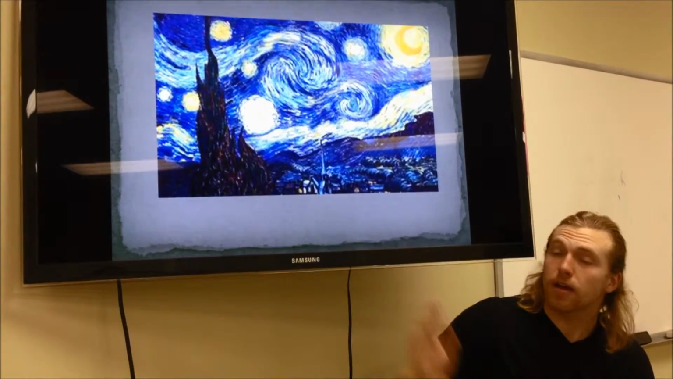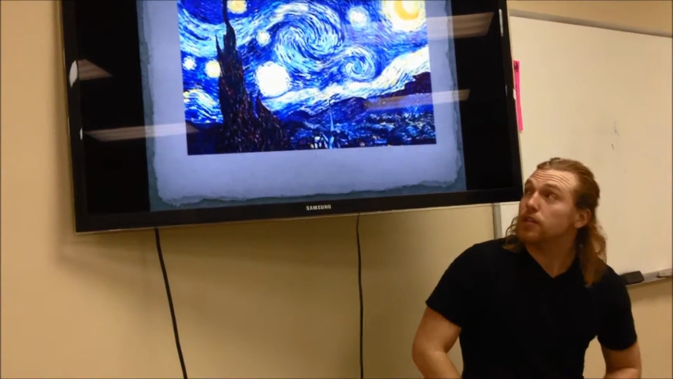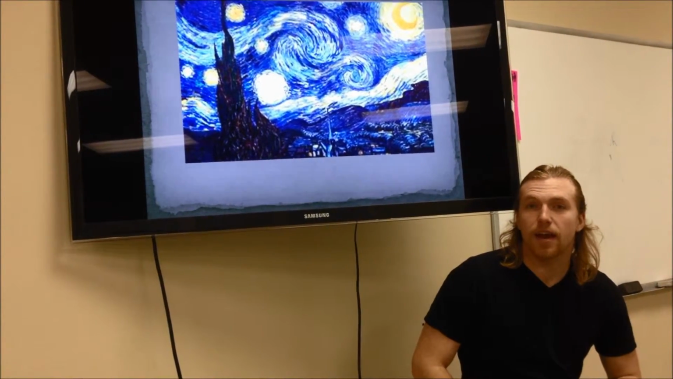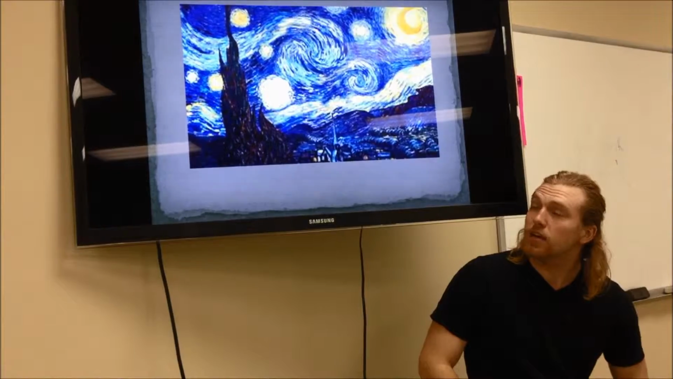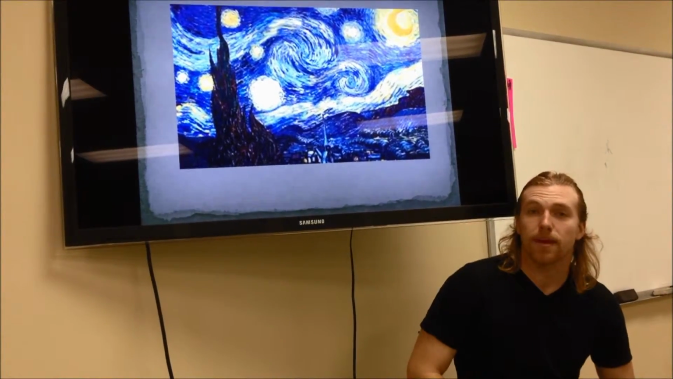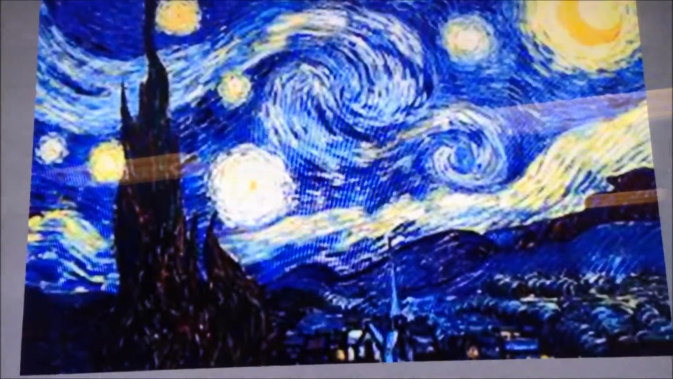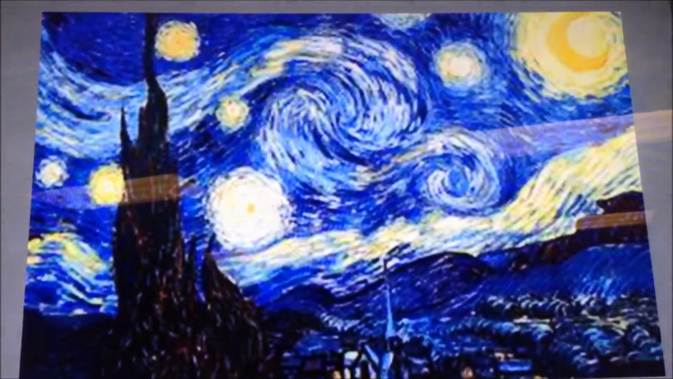This is our fourth painting, called Starry Night. This was painted by Vincent van Gogh in June of 1889. He painted this in an asylum he was staying at, Saint Remy in France. As we take a closer look in here, we can start by seeing that the painting was significant because it